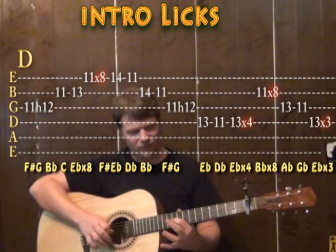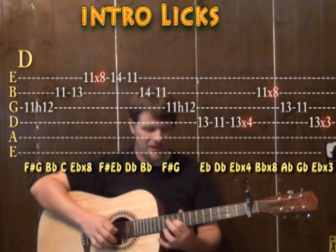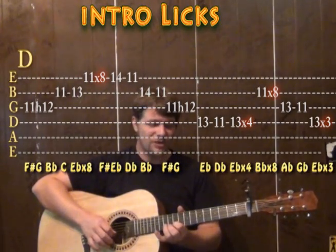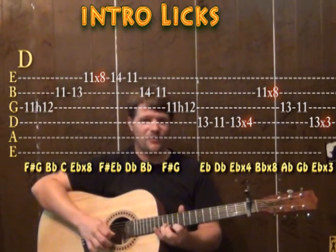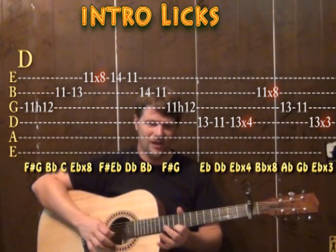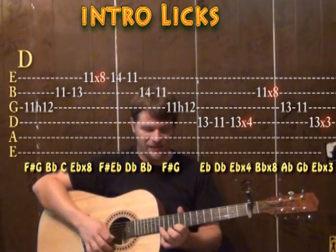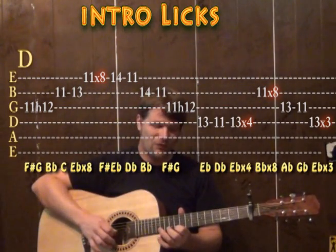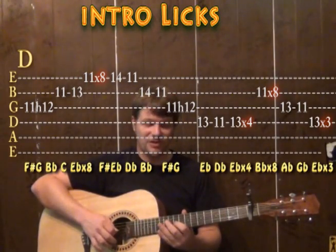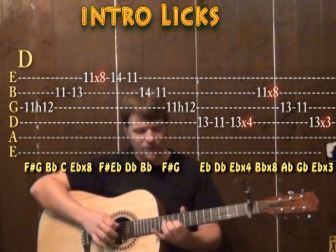So I got kind of 11th fret on the G, put the 2nd finger down to kind of carry the sound to 12th fret, and then 11 on the B, 13 on the B, and then we go to 11th on the high E string and kind of go a little crazy on that 11, and then we go to 14 on the high E, 11 on the high E, 14 on the B, 11 on the B, and then 11 on the G string is kind of a hammer on the 12, and then we go 13 on the